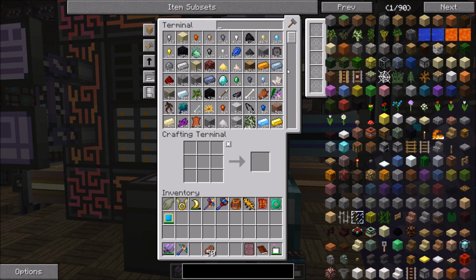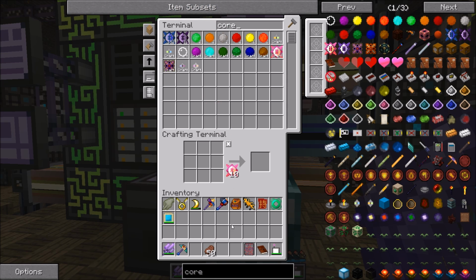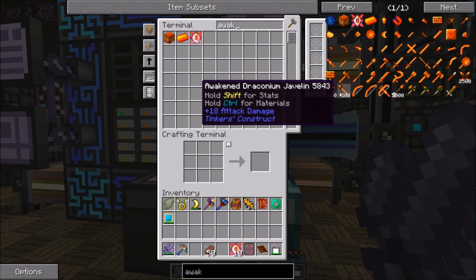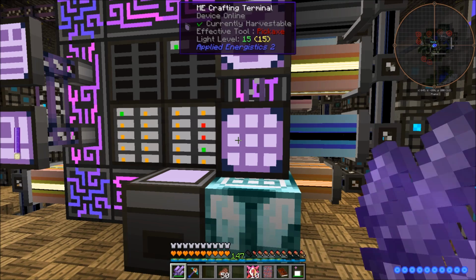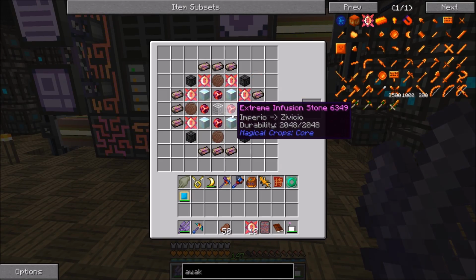And then if we take a look at the cores, I have 10 of those made up. I just ordered a bunch. I don't know how much Awakened Draconium I have left. I have 6 blocks left, so that's not too bad. Anyways. Oh, and also,